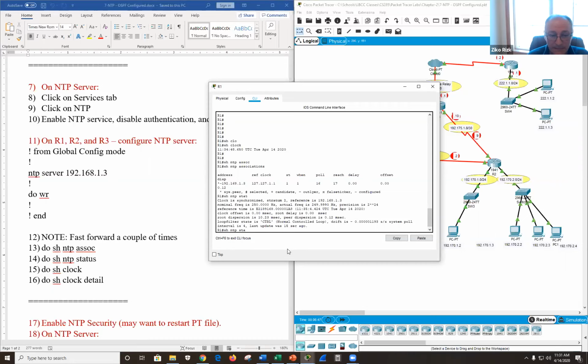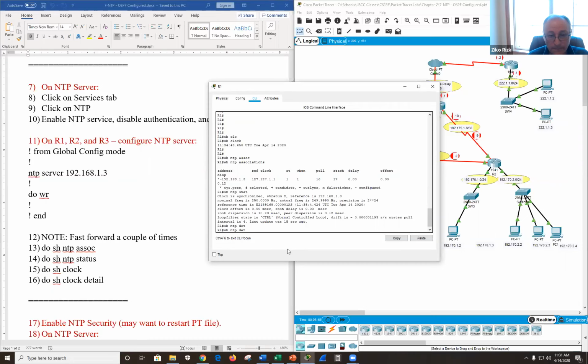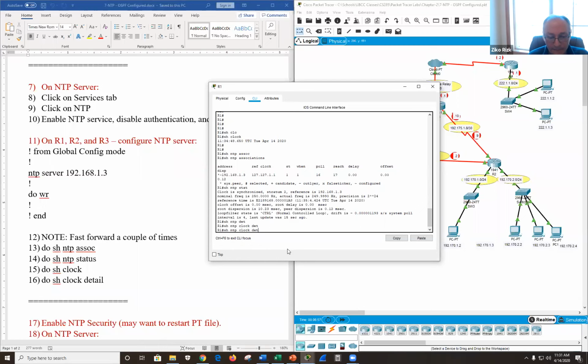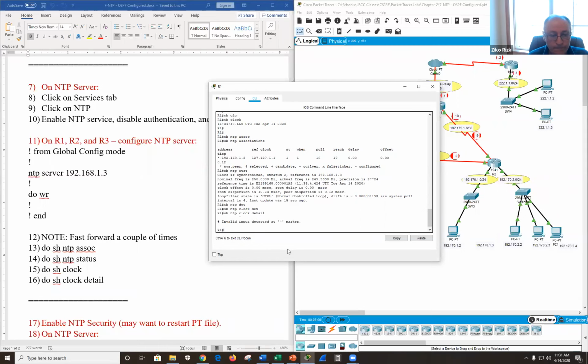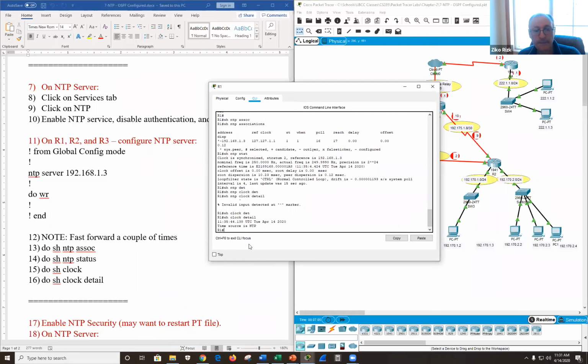And detail. Clock detail. Just show clock detail. Here we go. And this is the time, and time source is NTP.